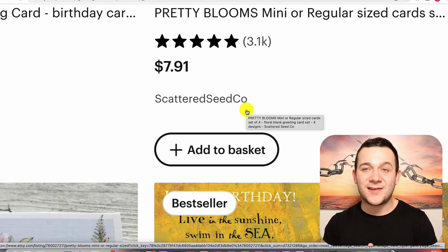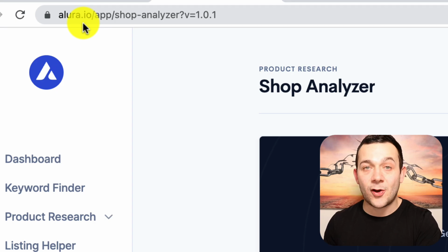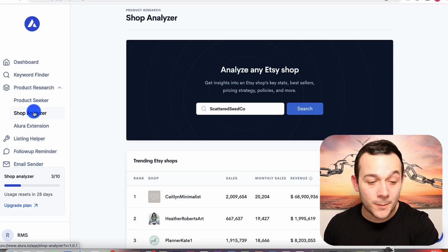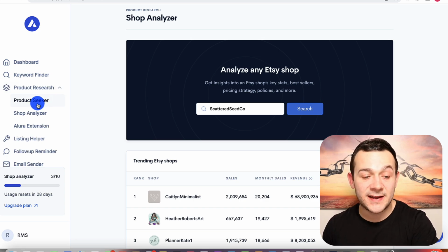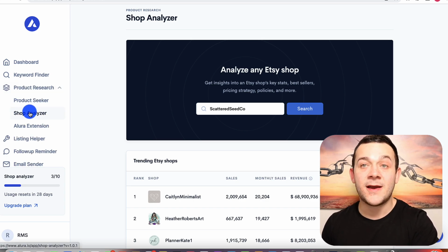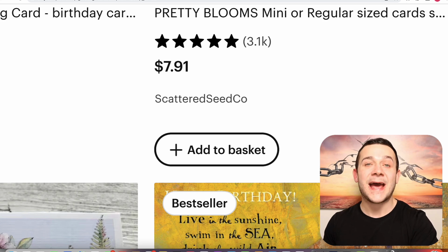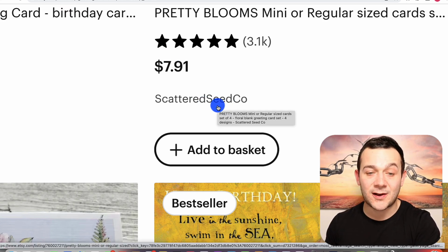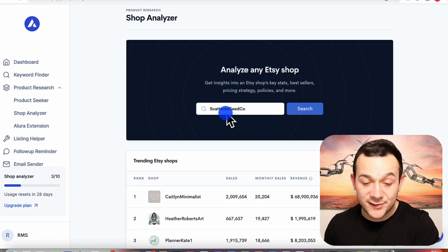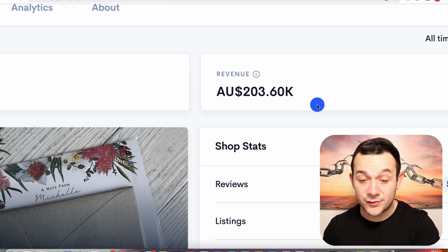And all you want to do, guys, you want to go over to a website such as Allura.io, and you want to utilize Allura's shop analyzer feature. So if you click onto product research on the left hand side here and then click onto shop analyzer, you can then search for different Etsy sellers in this search bar over here. So in our example, we want to find out how much money Scattered Seed Co is making by selling these greeting cards on Etsy. If I type in Scattered Seed Co, click onto search, we can see they've made over